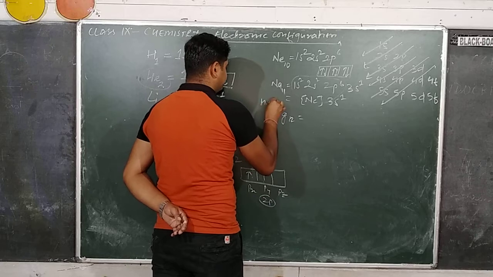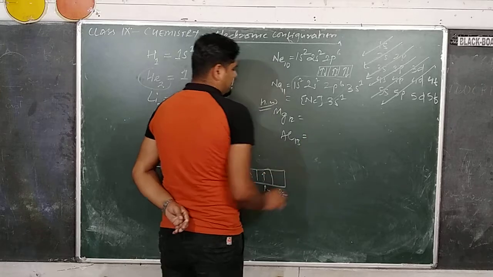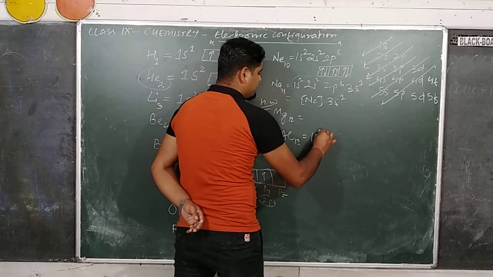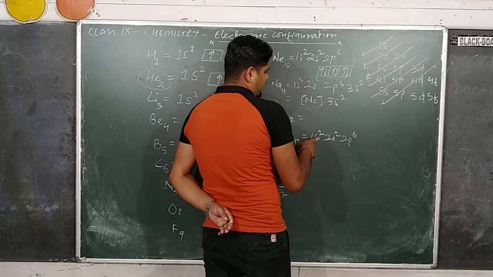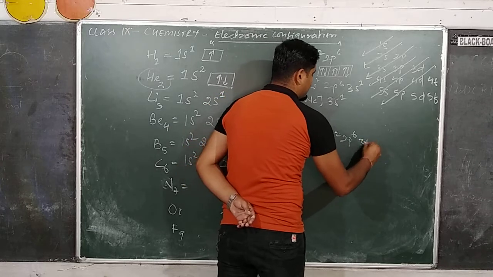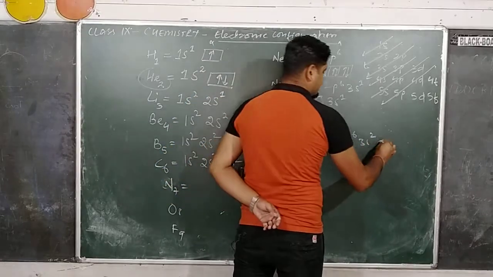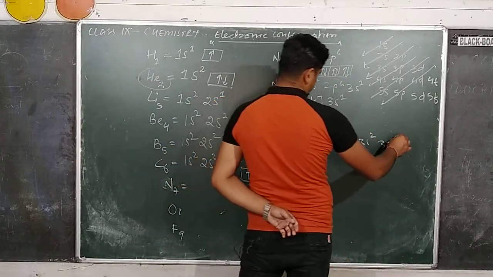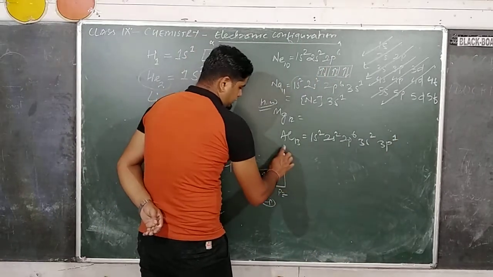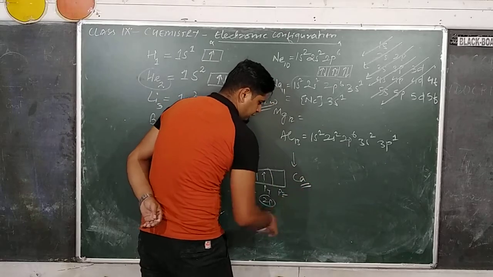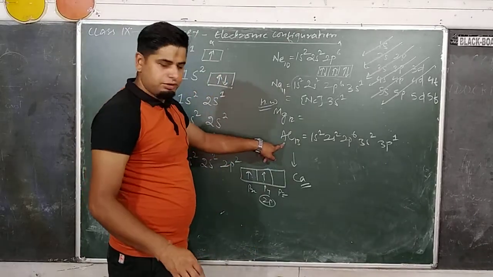After that, magnesium 12. You do it as homework, home task. Then aluminium 13. Let me do aluminium for you. 1s2, 2s2, 2p6. Now 1s, 2s, 2p, 3s2. How many electrons? 10, 12. After 3s, 3p. You do up to calcium. This is your own task. From aluminium onwards, do up to calcium.